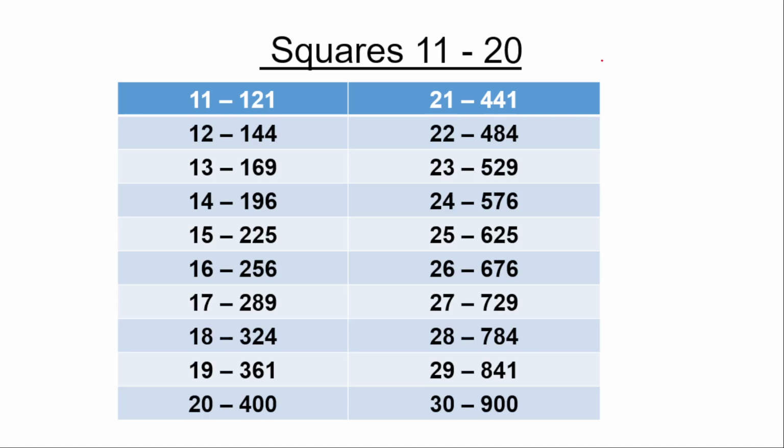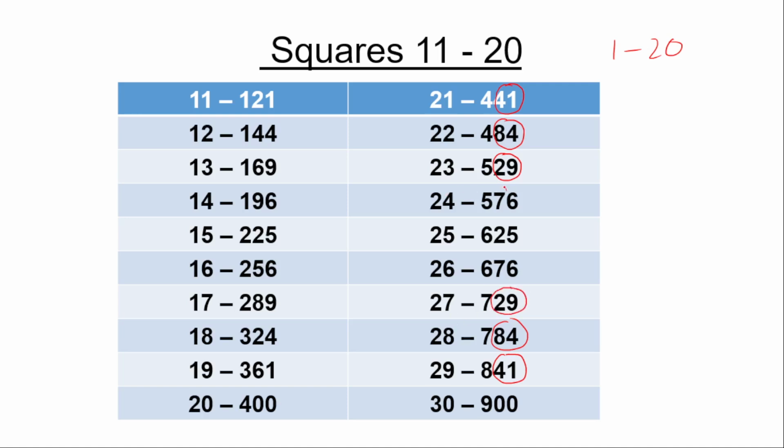Now you need to learn the squares from 1 to 20. 1 to 10 everybody knows, so I have given 11 to 20. You need to learn all these very well. You can observe here that 21 square is 441, and 29 square is 841, right? Then 22 square is 484, then 28 square 784, 23 square is 529, 27 square 729,